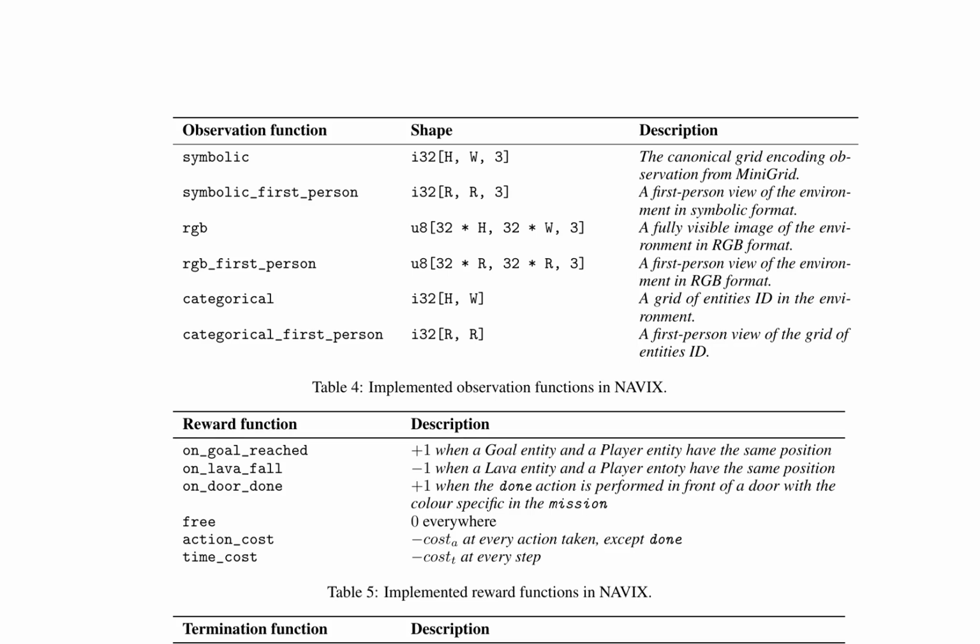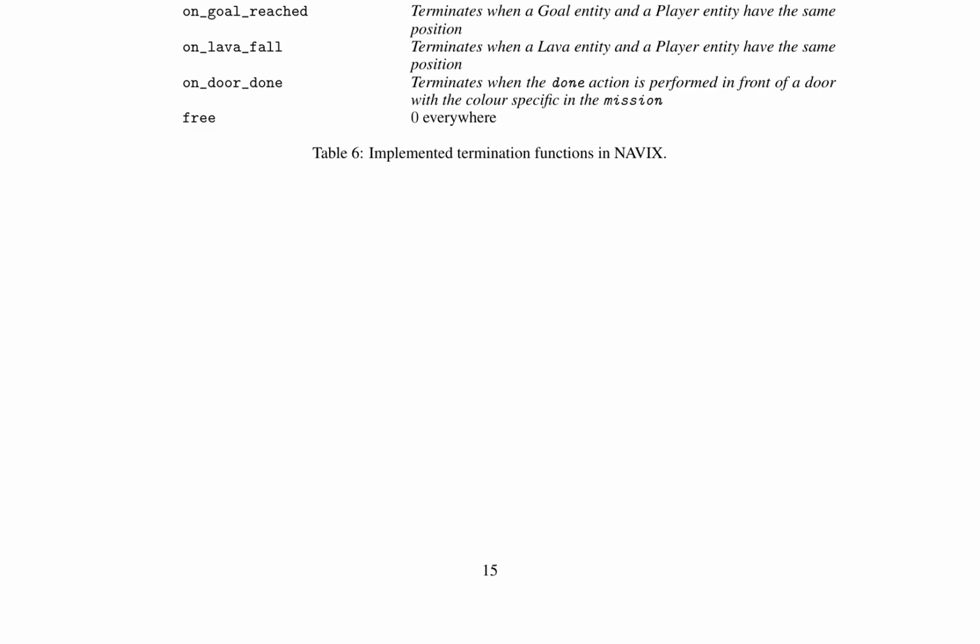The paper discusses the implementation of various functions in the NAVIX environment, a highly customizable platform for creating new environments by combining existing entities and systems. It begins with an overview of observation functions, which include symbolic, symbolic_first_person, RGB, RGB_first_person, categorical, and categorical_first_person. These functions are designed to provide different views of the environment, such as canonical grid encoding, first-person views, and entity ID grids. The reward functions are also detailed, including